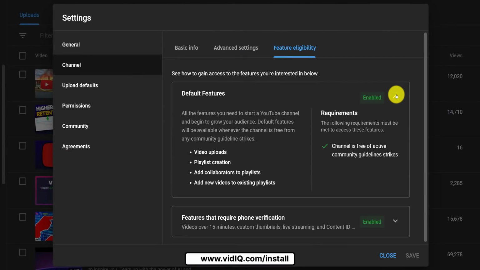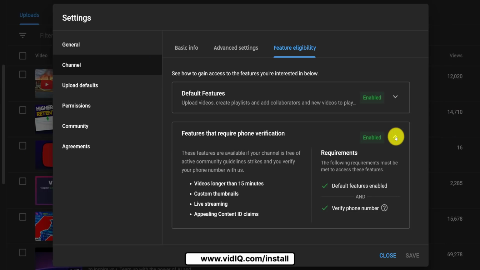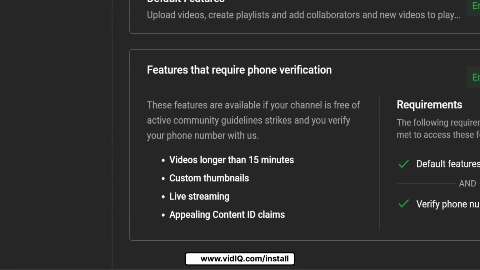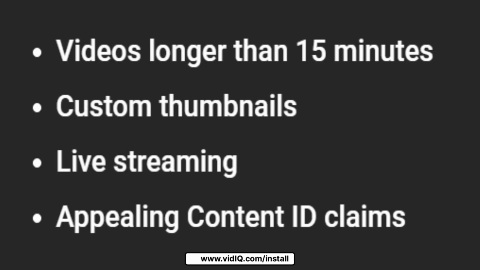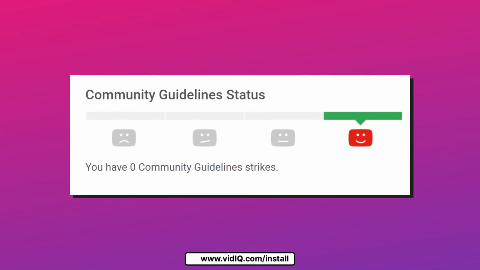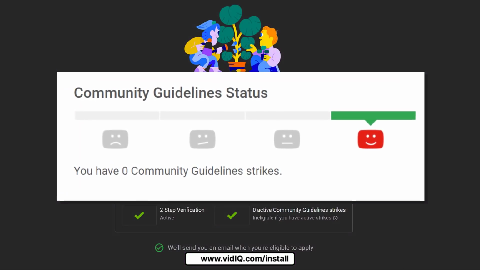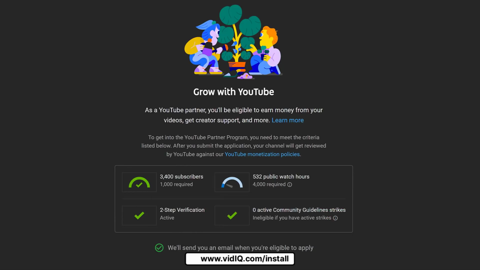The feature eligibility page has been massively simplified in recent years. Can you remember when it used to look like this? Well, it doesn't look like that anymore, but it's still just as important, because verifying your YouTube channel with a phone is one of the first things you should do, giving you access to publishing longer videos, custom thumbnails, and live streaming. Community guideline strikes are still a thing, by the way, and they have been added to the monetization requirements. Your channel needs to be clean from such penalties before you can apply for the YouTube Partner Program.